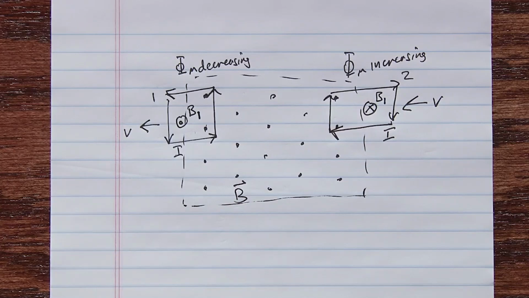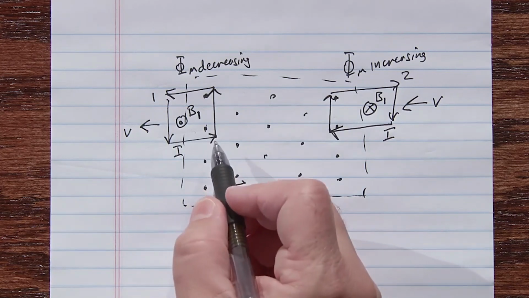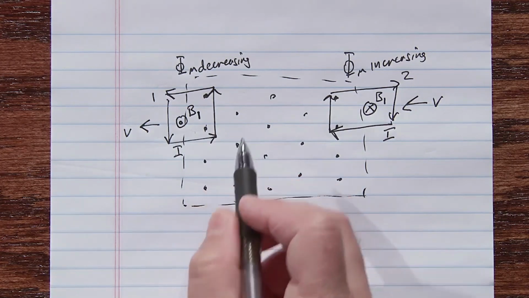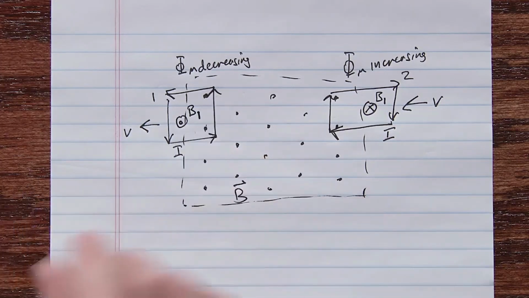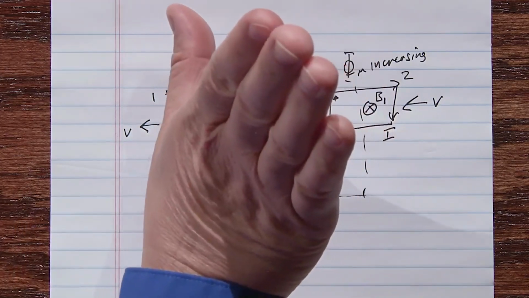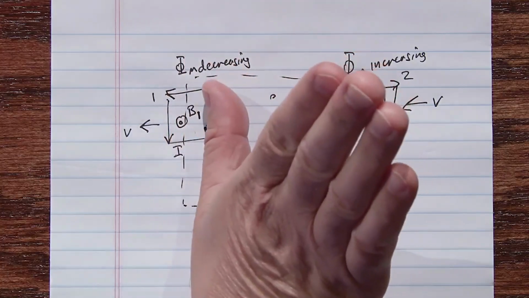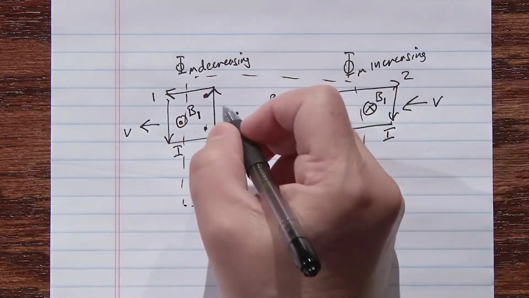And this is the same answer as we got from our previous example, but we're looking at it in a different way. Now, really quickly, what is the direction of the magnetic force on each of these loops? Well, on this side, we have a current that is up, a magnetic field that is out of the page. So this side of the loop is going to feel a force